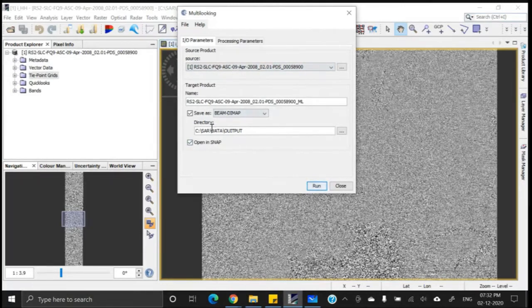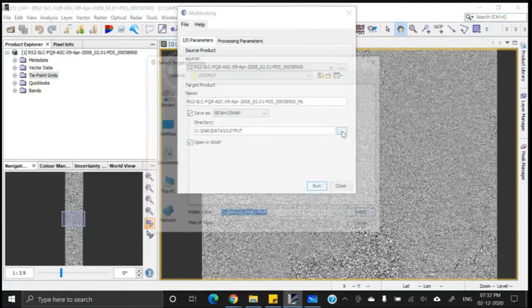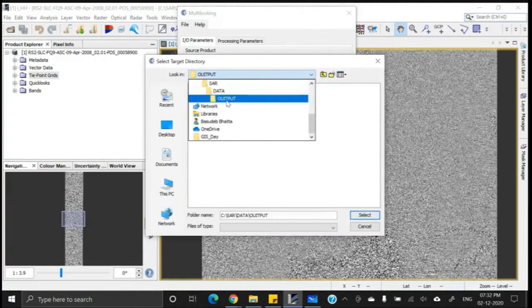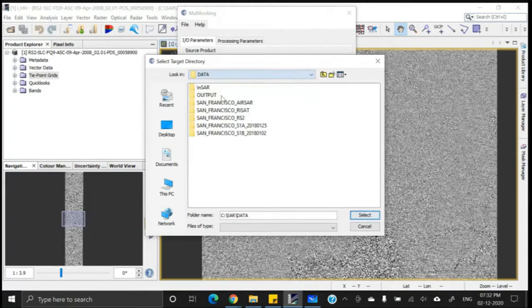Now here we have the directory, which means where the output image will be saved after processing. Click on these three dots and select your desired folder. Just create a folder named output to store the processed images.